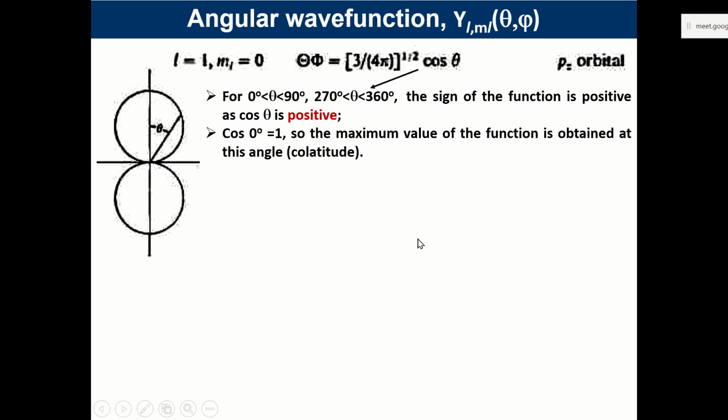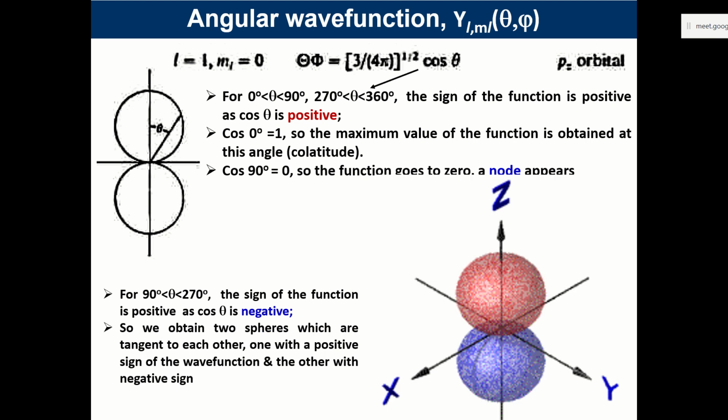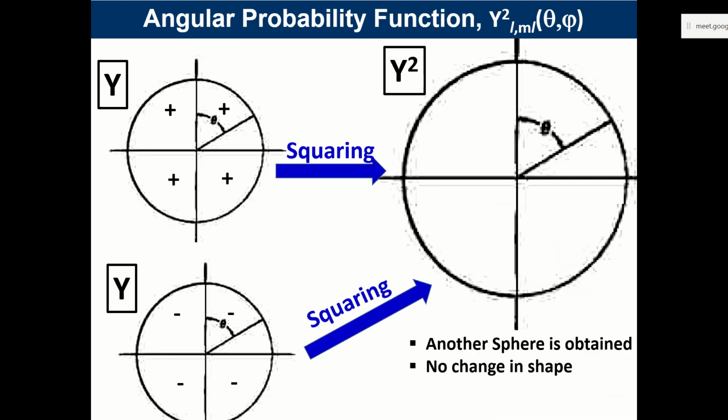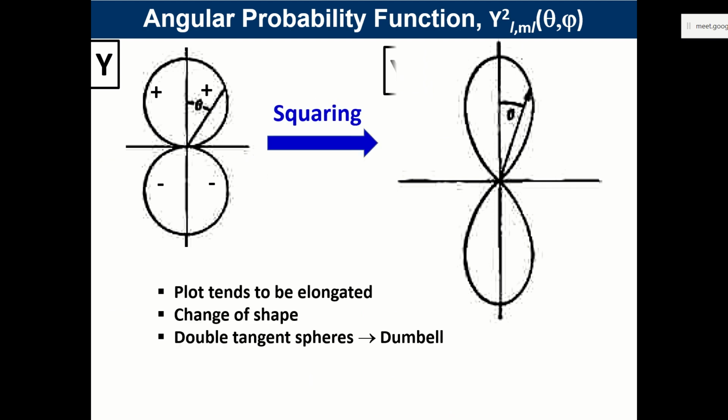Okay, so remember what we have discussed today, that it is a double tangent sphere, and when the s orbital is squared there is no change in shape, but when the p orbitals are squared there is a change in shape, it looks like a dumbbell. Okay, so